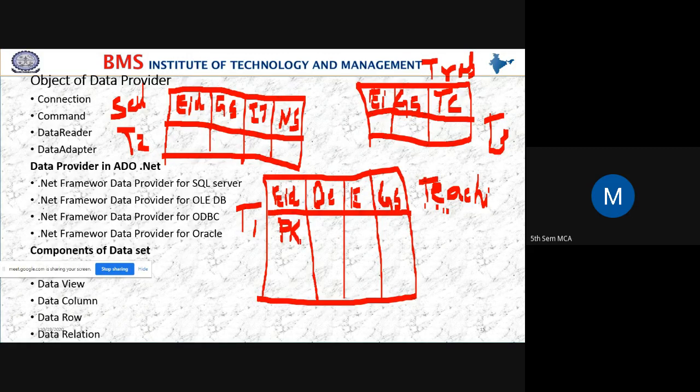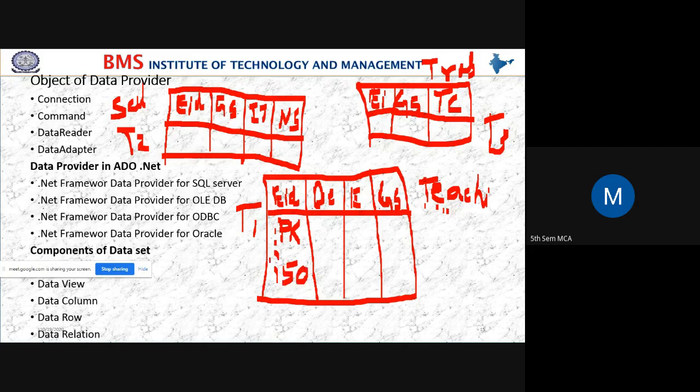PK. You know now what is PK? PK is nothing but a primary key. Primary key means it is a unique identification of this table. Yes, students, I assume that I have 150 teaching faculties.